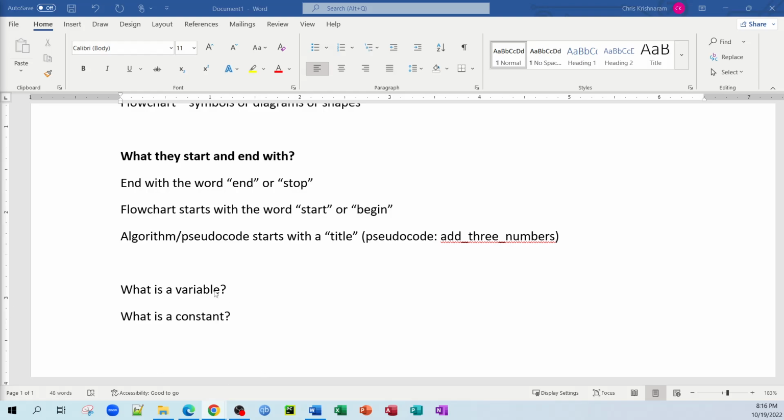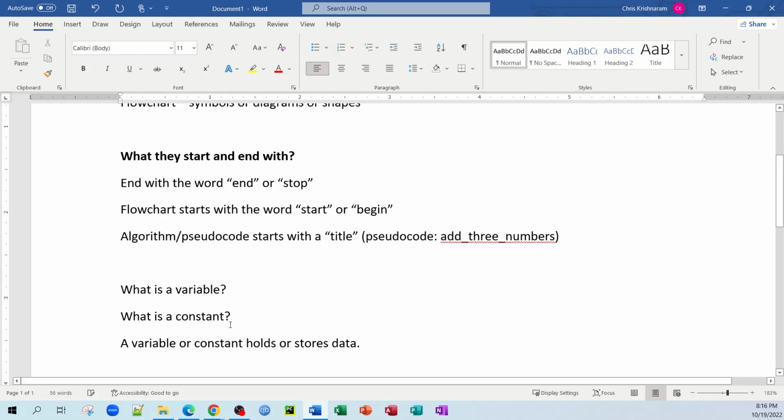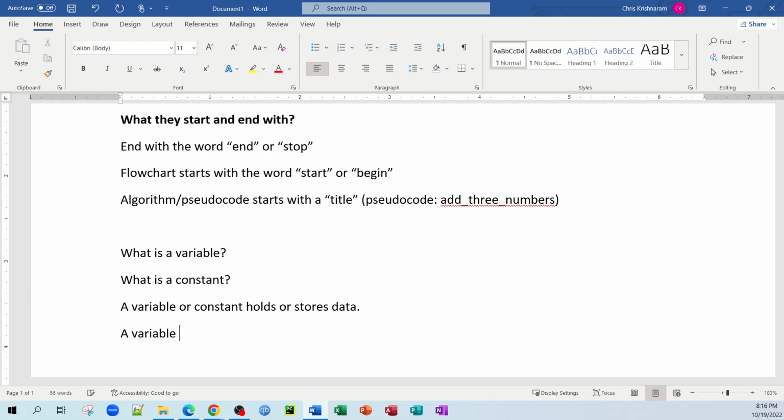So basically, a variable or constant holds or stores data. So that's their overall definition. That's their overall purpose. Their goal, their aim is to store data, to hold data. Now, the difference between a variable and a constant is basically how long it is going to keep the data. So as Arifa and Akhilesh mentioned, a variable